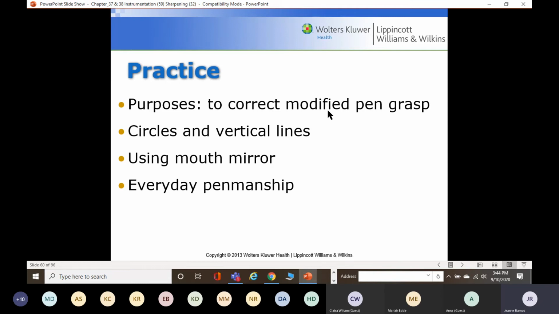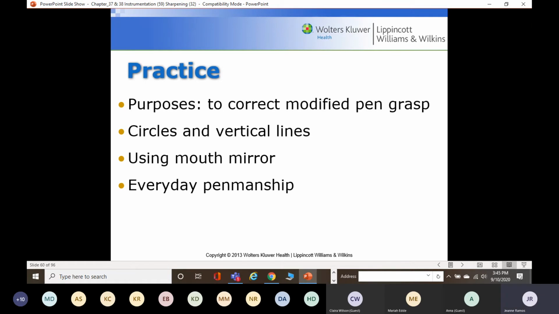Practice to correct modified pen grasp. You can use circles and vertical lines using a mouth mirror and everyday penmanship. And Monday, I'm going to bring you a geometrical sheet, which helps with you guys at home. Some of you are having